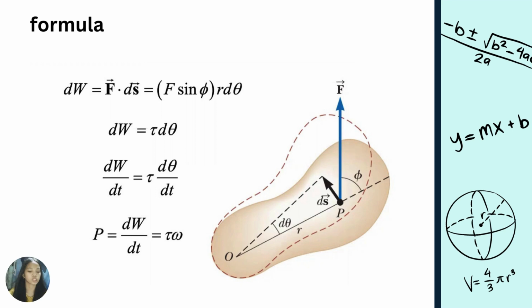Suppose a single external force F is applied at the point P, and ds is the displacement of the point of application of the force. The small amount of work dW done on the object by F as the point of application rotates through an infinitesimal distance ds equals r d theta in a time interval dt is